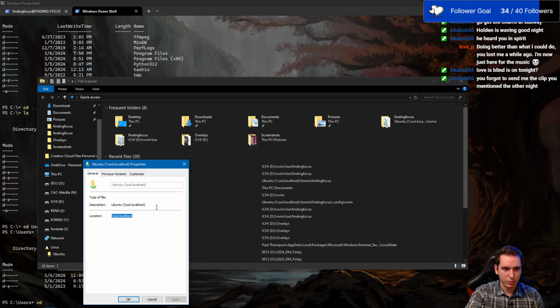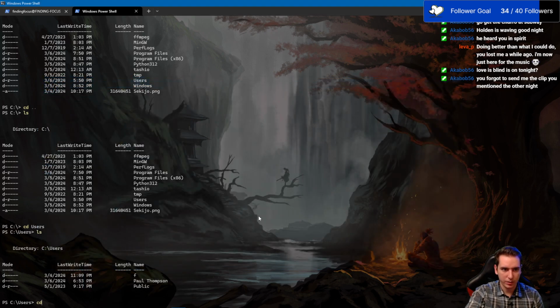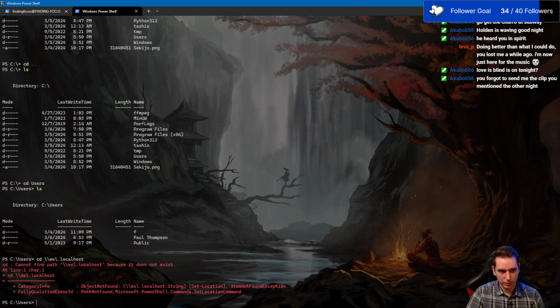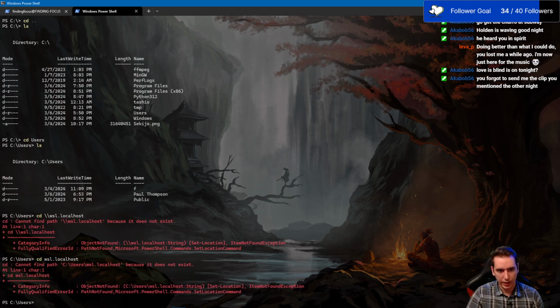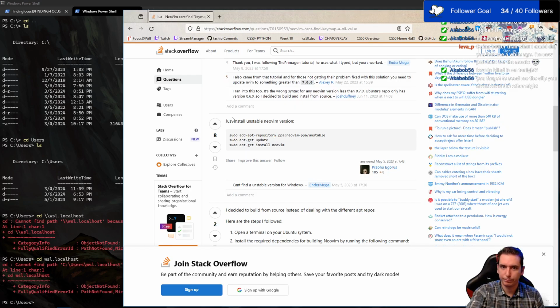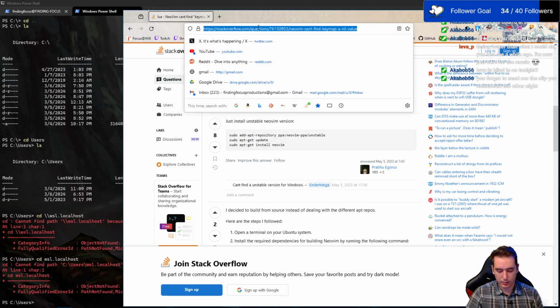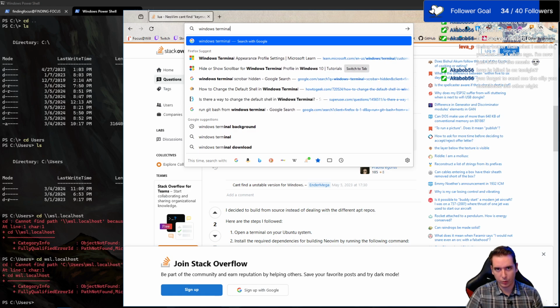So can we change our directory to that in PowerShell? Will it let us do that? Change our directory to this. Okay. Let me see if we can Google how to do this here. Let's see, Windows Terminal, and then we'll call it a night. Windows Terminal,